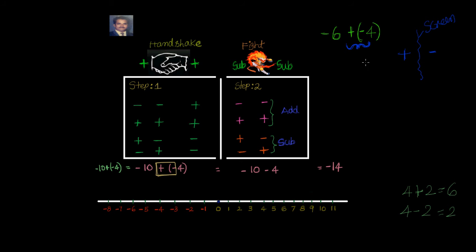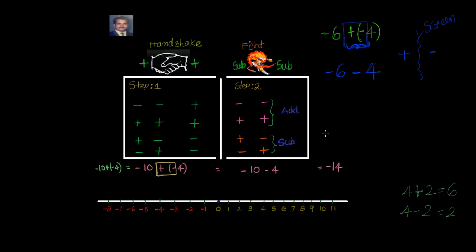So what happens now? This is the part in step 1, plus and minus here. Two Pokemon, plus and minus, the screen is lifted, they see each other. I am plus, you are minus, you are opposite to me, I don't want to handshake with you. So I simply say, I will be minus. So this part became minus now. Now what else do we have? We have minus 6, which we had earlier, and we have a 4.